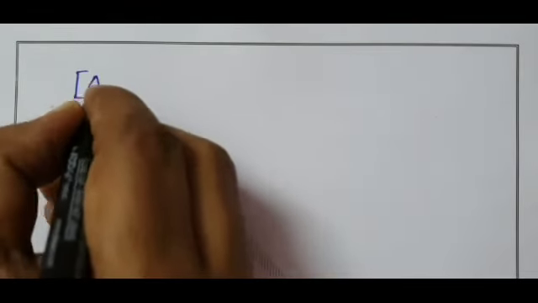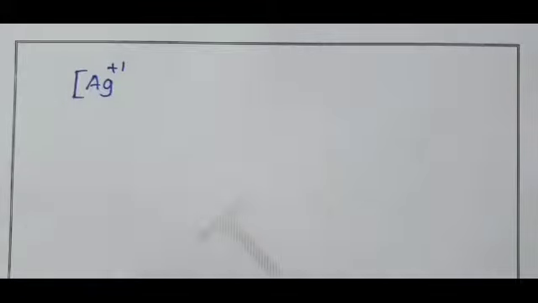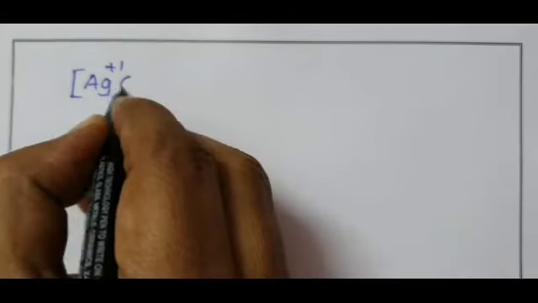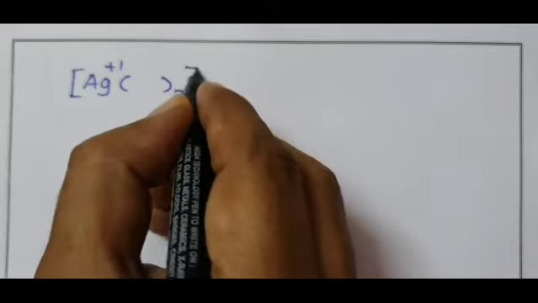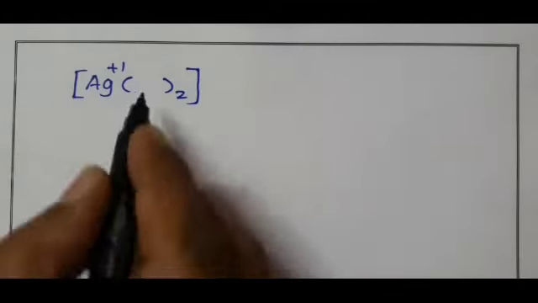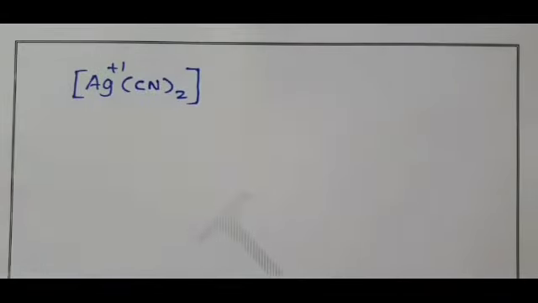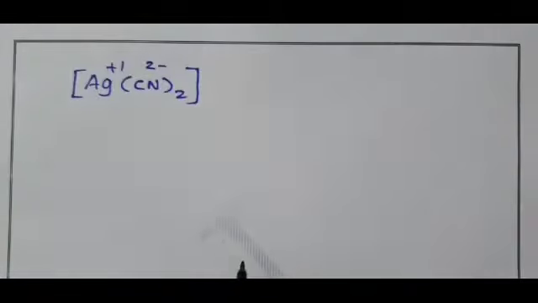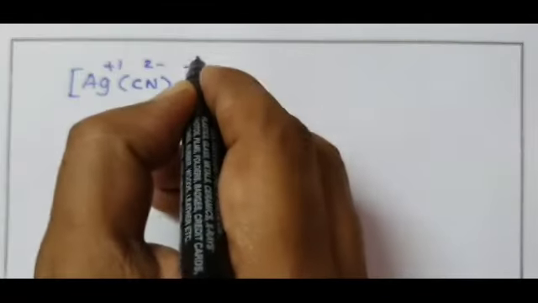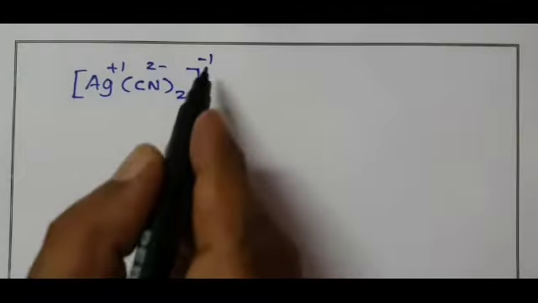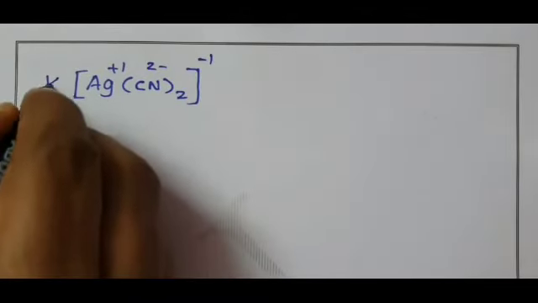Now, I am going to write a number of anionic complexes. Starting with monopositive silver, Ag plus, coordination number 2. To get an anionic complex, we have to use negative ligands. CN minus, 2 CN minus gives 2 minus. When you add these, you get minus 1 on the complex. That minus 1 is neutralized by adding the counter ion potassium.